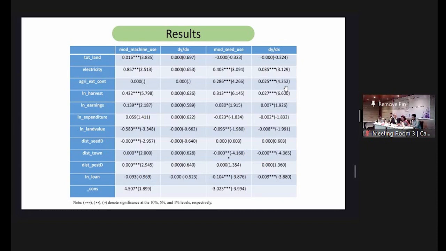As the amount of harvest increases, it is likely that their income and earnings will increase, and we can expect that as he has more income and earnings, he will adopt technology. He'll be more prone to adopt technology. As for expenditure, it is only significant for modern seed use. We can say that if the expenditure of the household increases by some amount, it eventually decreases the probability of adoption